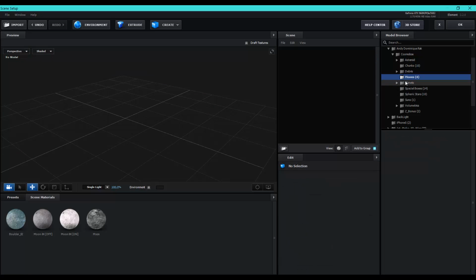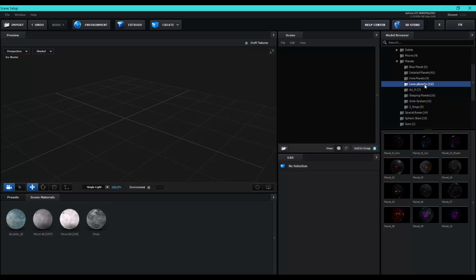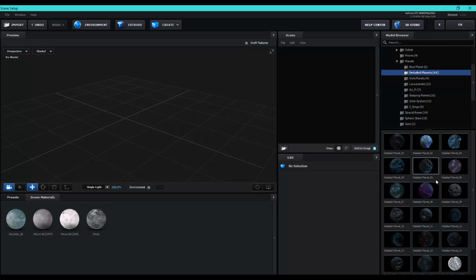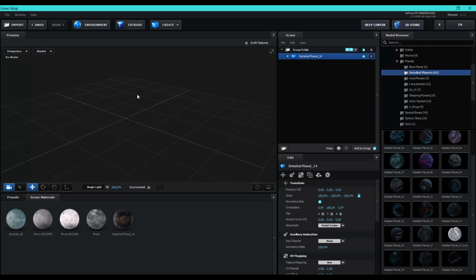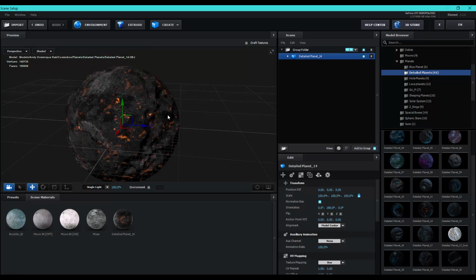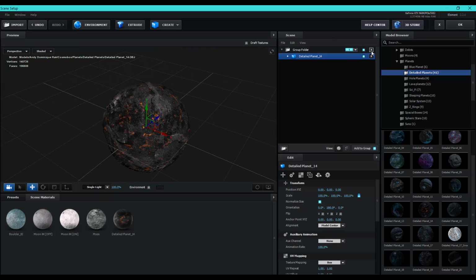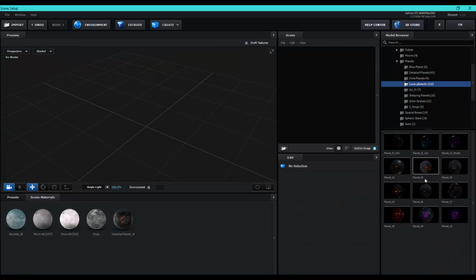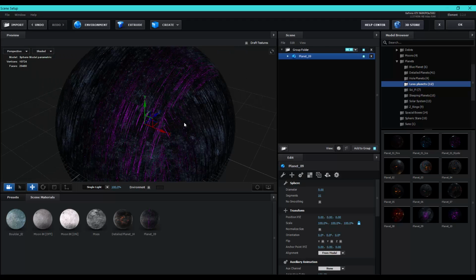And my favorite one is the planet section. We have the lava planets and some blue planets, detailed planets. You can check this out. High textured 3D models. And let's check this one out.